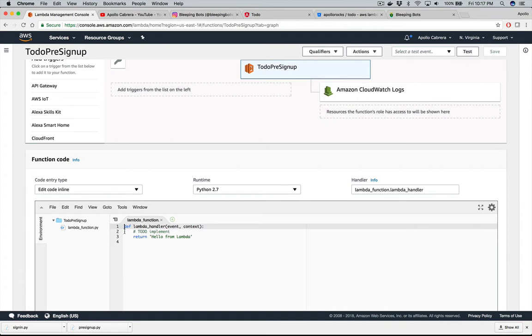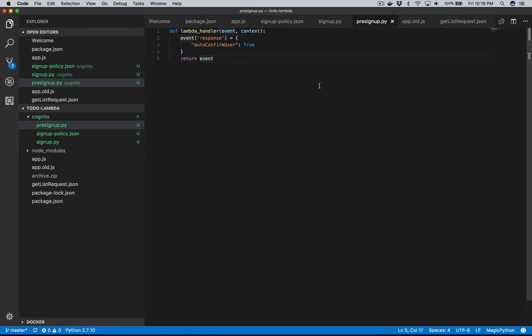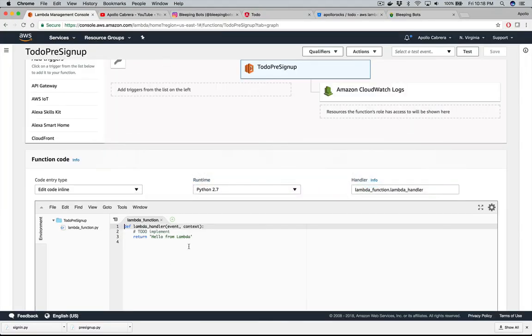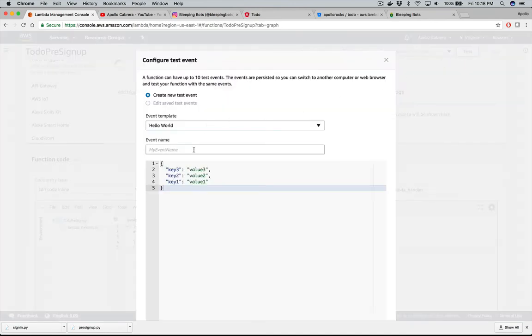Alright, so we just need to implement code here, and if you go to the source code that's in Bitbucket, there's going to be a folder called Cognito, and it's going to have the pre-sign up code. Just take that and copy and paste it into the code here. Hit Control V, save it, and we can test it,